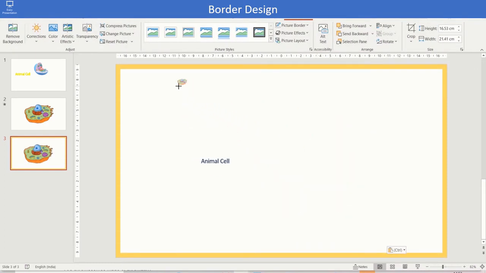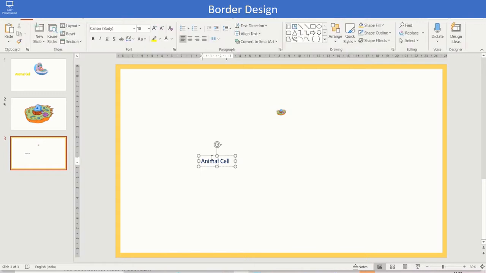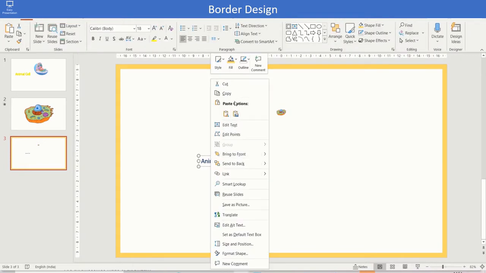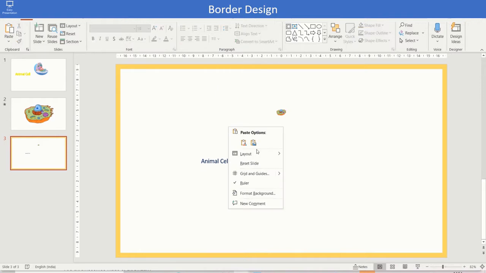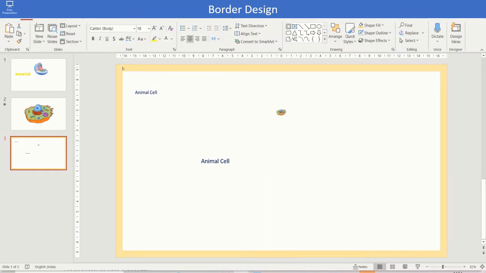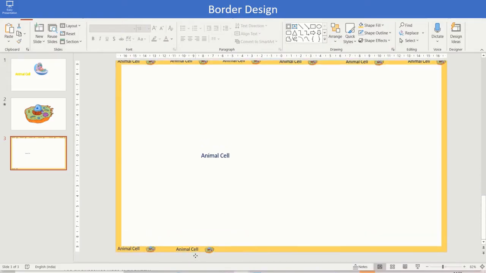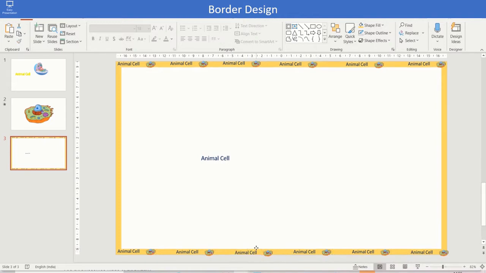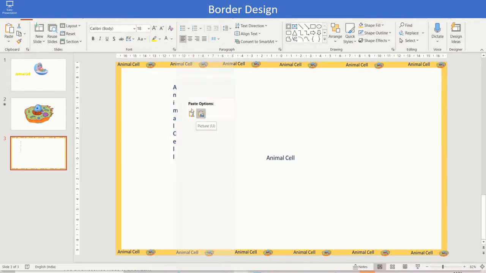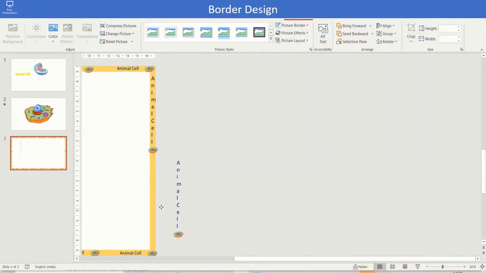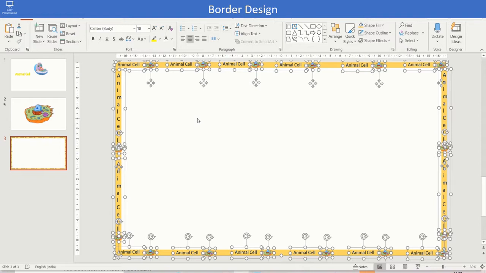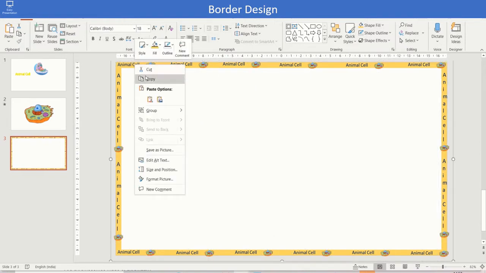Resize both the cell and name and then paste it all around the four borders. Select all by pressing Ctrl A and cut.